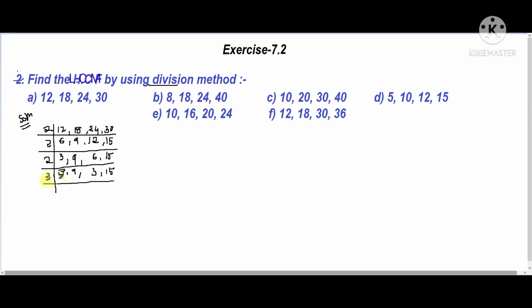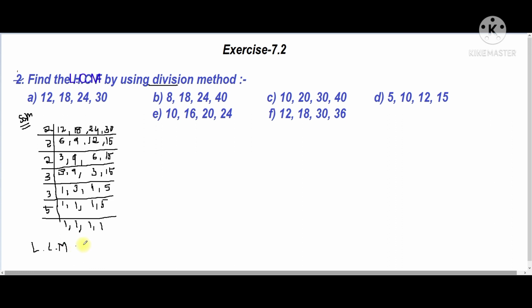Okay, so how many times does 3 go into 3? 1 time. And 3 into 9? 3 threes are 9. And 3 into 3? 1 time. And 3 fives are 15. Okay, and next you see 3 and 5 are there, so divide by 3. Okay, and there is 1, and then 3 ones are 3, and there 1, so we'll write the same. We can divide this one by 3, and then 5 is there, so we also write 5 here because we can't divide this 5 by 3. So now 5, how many times? 1 time, and there is also 1 there, and 1, and there is 5. 5 ones are 5.